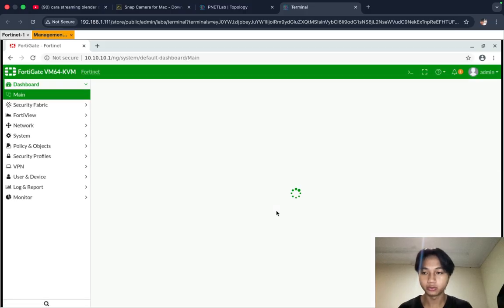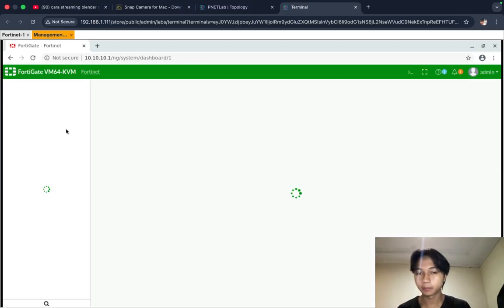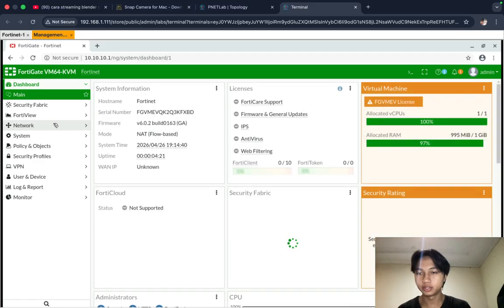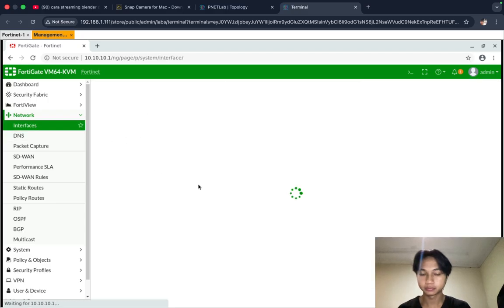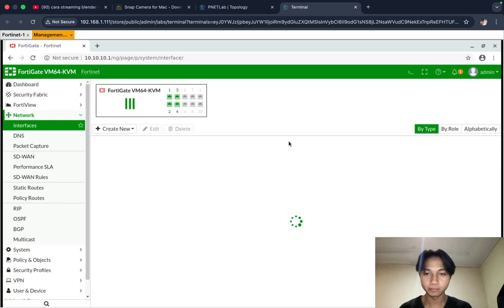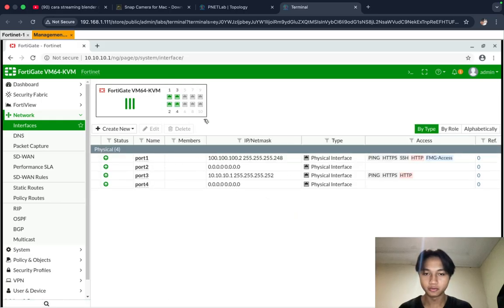I just configure, first, the interface. We have 4 default ports. You can see this is the access, or allow access: ping, HTTPS, SSH, HTTP, and FMG access.